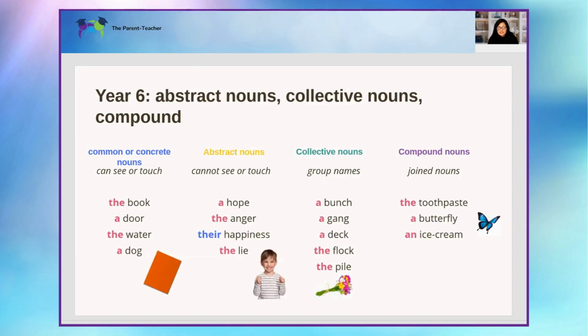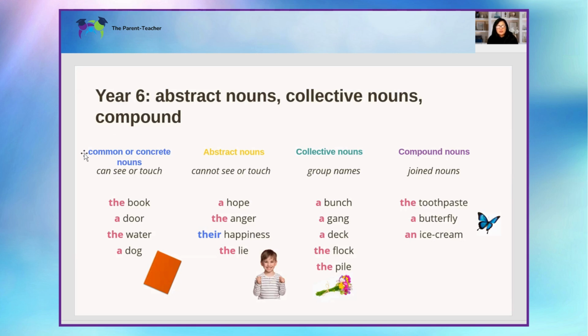By the time they get to year six, it's going to get a bit more complex. So we have learnt our expanded noun phrases and everything up to year five. We probably would have learnt some of these as well, different types of nouns in year five. But children need to know what these nouns are in year six, and they need to know the difference between